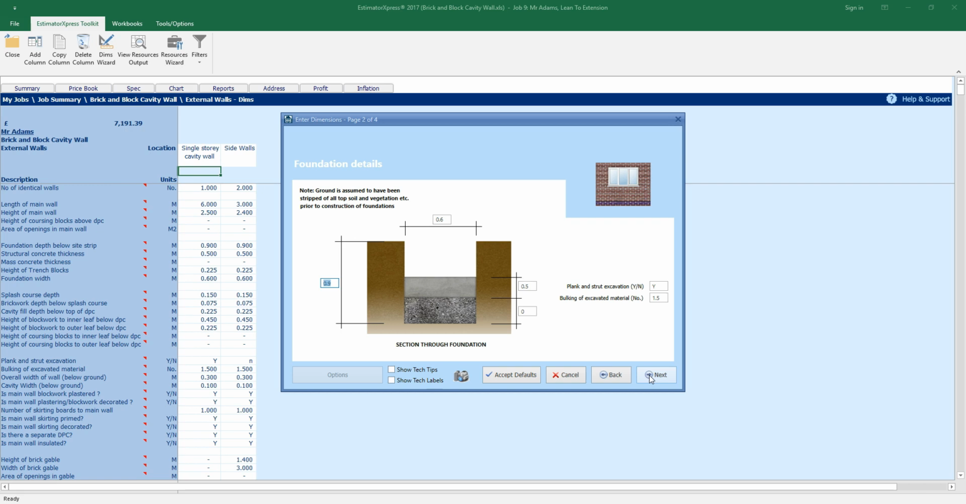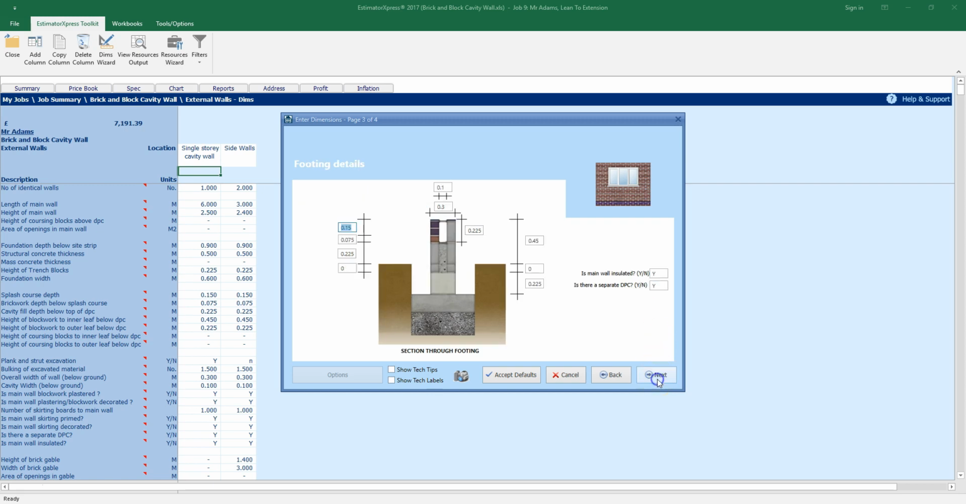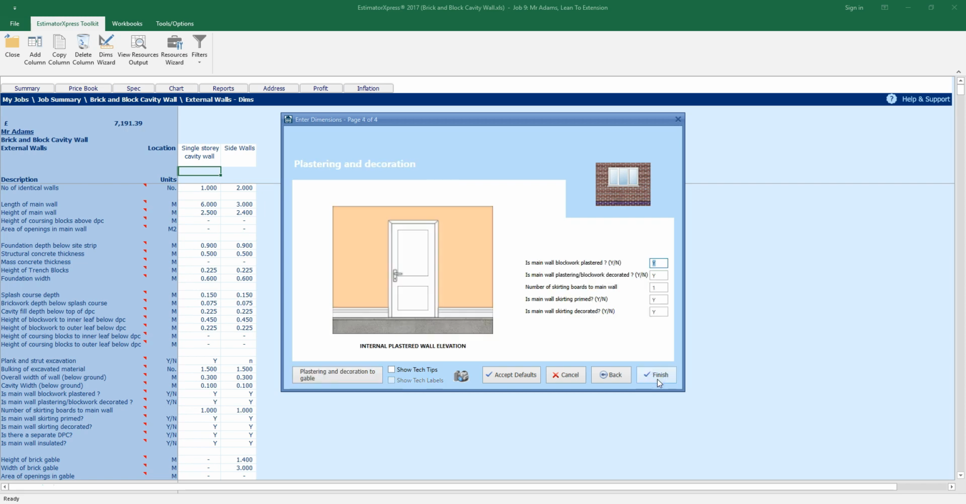On page 2, we're going to set the option to plan construct the excavation to No. And then click Next again. On page 3, we're going to leave the footing details as they are, so we're going to click Next. And then finally on to page 4, change the wall finishing options if you want to match